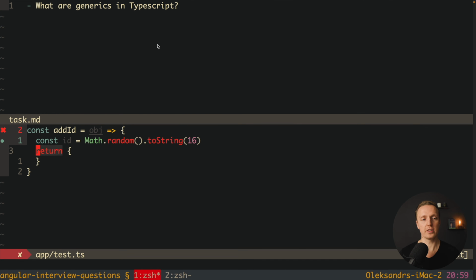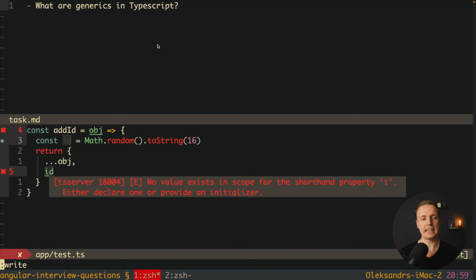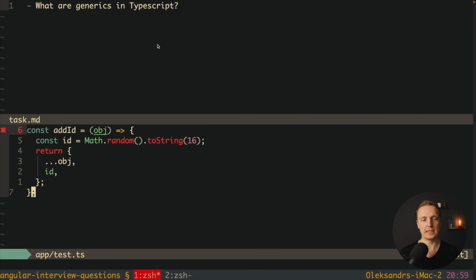Now here I want to return the new object where we're spreading the object that we got, and here we simply add an ID. What is the purpose of this function? This function simply gets an object, but as you can see it is any, because we didn't provide here a data type, and it is intentionally any. Here we're generating our ID and now we're spreading the whole object and we're adding here ID. Essentially, inside this function, we don't care what data type we're providing inside. For us, it is just important that this is an object. And if it is an object, then we can spread it and add here an ID.